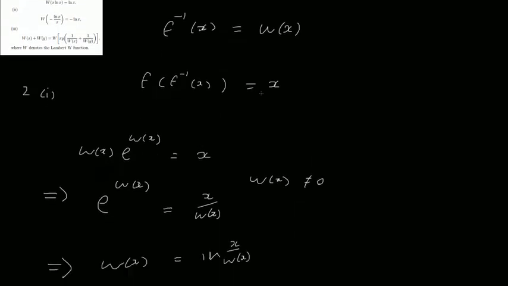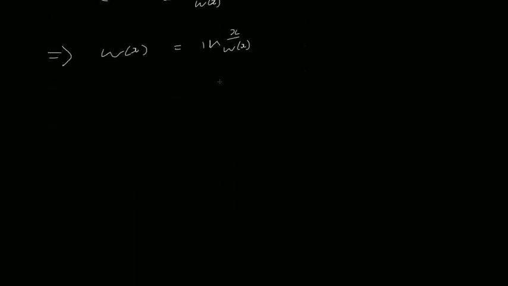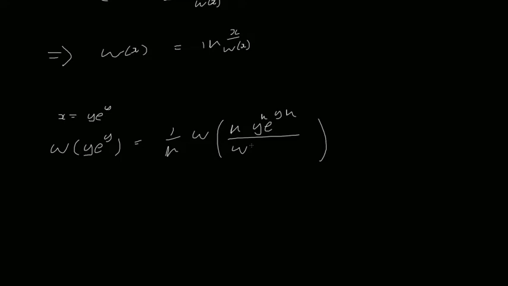The next one, it's a little bit of quite a few lines. It's just a substitution. So I'm going to do a substitution of x equals y times e to the power of y. I'm going to plug that in there because I should get my argument back from the W of this. So this would equal 1 over n times the W of n times y times e to the y to the power of n, divided by W to the power of n minus 1 of y e to the y,